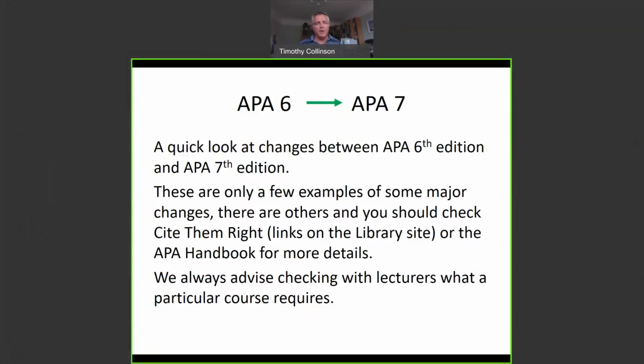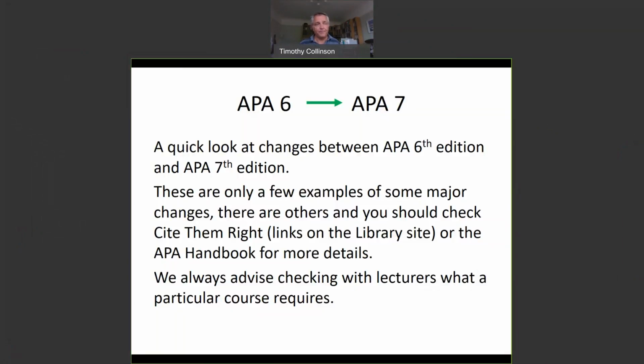I'm the Faculty Librarian for Technology, and this is just a very quick look at some of the changes between APA 6th edition and APA 7th edition. These are only a few of the major changes, so we would encourage you to check the Cite Them Right website, and there's links on the library website, or the APA handbook for further details. We always advise checking with lecturers what a particular course requires, so students shouldn't hopefully have any problems with discrepancies